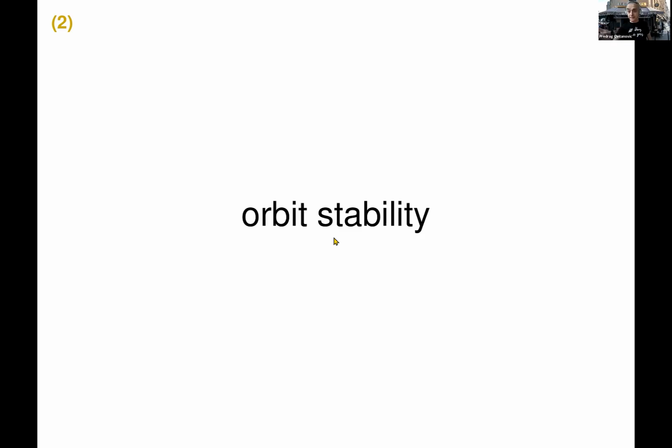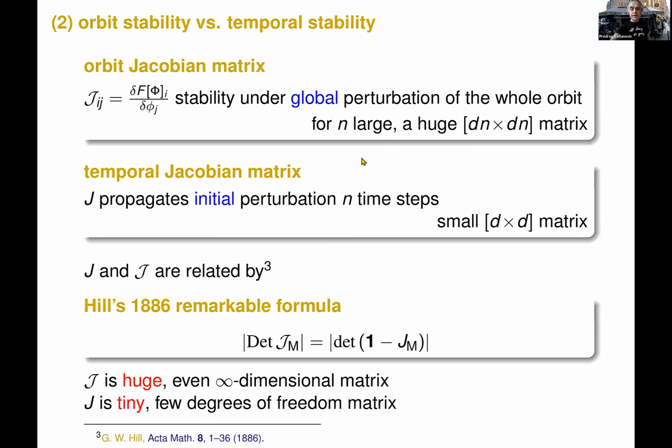Here is the other interpretation, which is more familiar to us. We are looking at the whole state on a lattice, and we are perturbing everybody. I'll call this orbit stability. So this is stability under global perturbations of the solution, whereas dynamicists are used to the idea of evolution in time. They still think like nothing happened since Newton, no special relativity, no nothing. What they do is they start with some initial condition like Lorenz has. The Lorenz model has 3 dimensions, so it's a 3 by 3 matrix, and you propagate this in time.